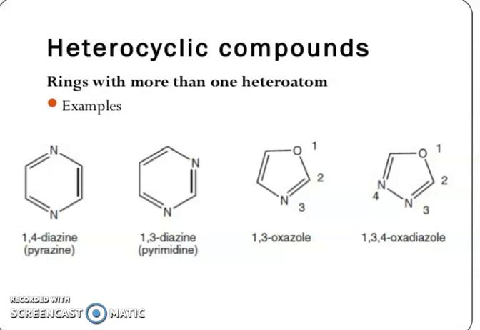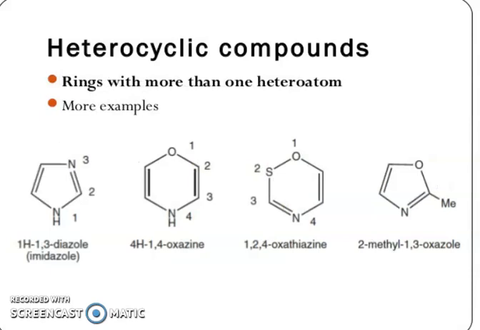Why? How many heteroatoms? 3. So you have to indicate the positions of the 3 atoms: at position 1 oxygen, and at 3 and 4 positions nitrogens. And then you have to give how many heteroatoms: 3 heteroatoms, 2 of the same type, 1 of a different type. So 1 is oxygen, so oxa, and 2 nitrogens, so diaza. Now ring size is 5, so you have -ole. So the complete name is 1,3,4-oxadiazole.